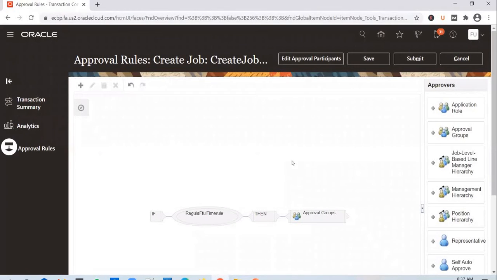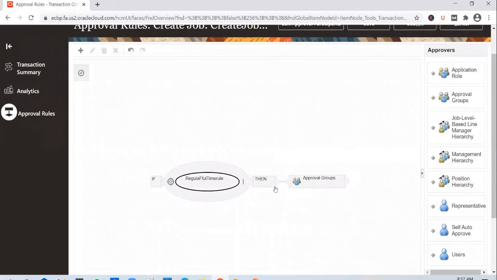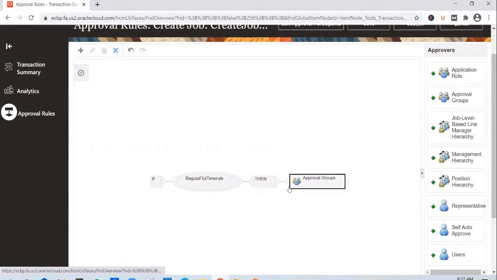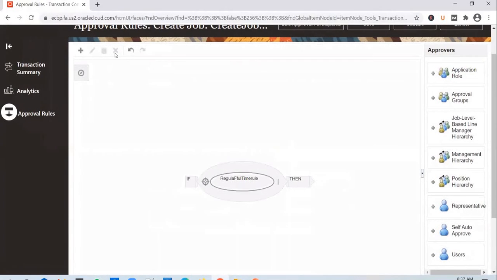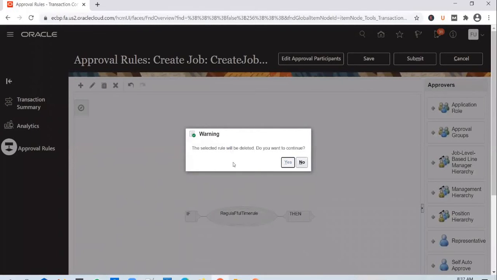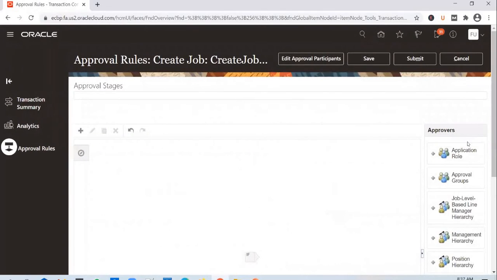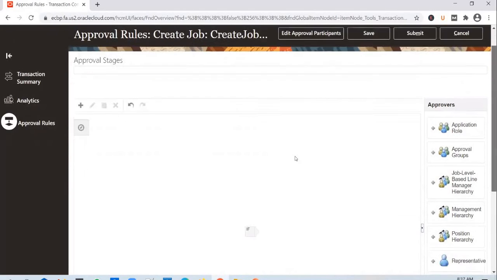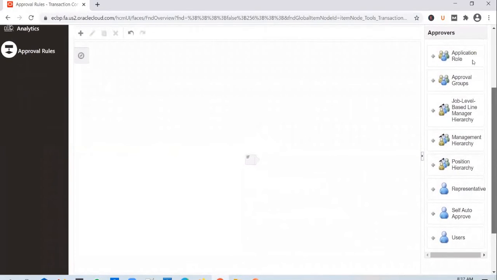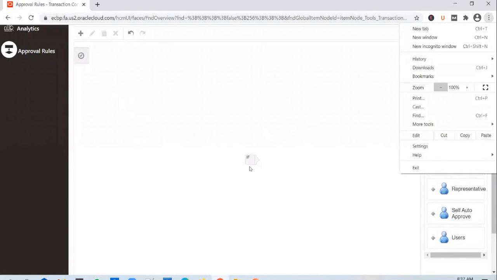So this is like a blank approval rules screen, and you will have to configure rules the way you want it. Frankly speaking, when you come into this screen for the first time, you will probably see it this way. Okay, so you will see a blank screen like this, and you will have an option to add in if then else clauses, and the approvers whom you can use.